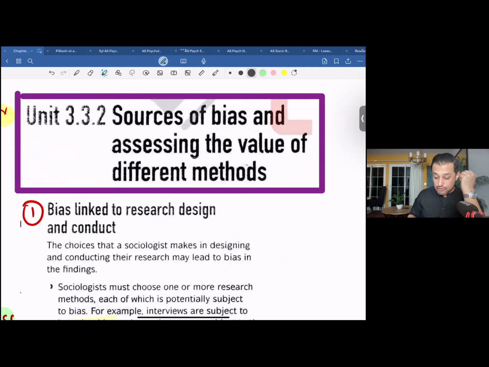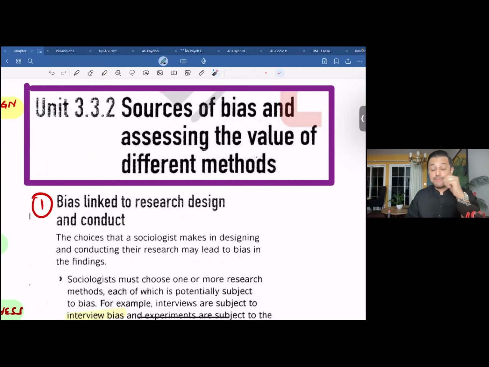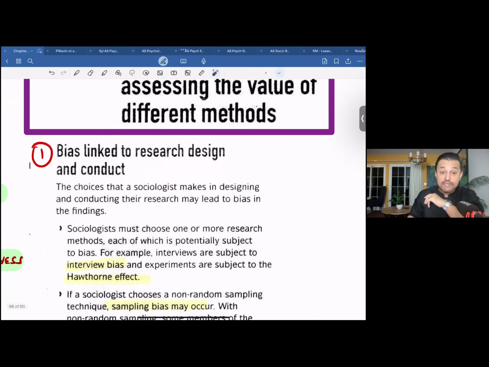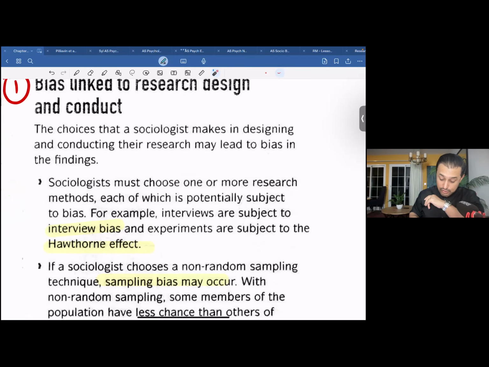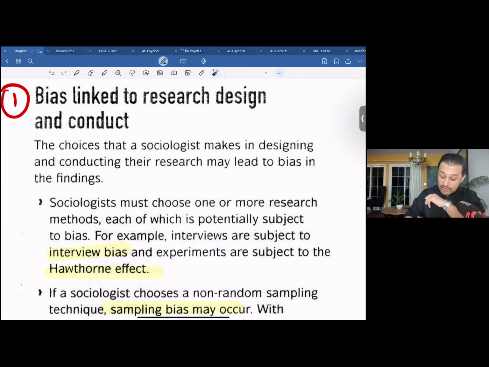Now, as we speak about the sources of bias that affect a particular sociological research method, number one, we'd speak about bias that is linked to particular research design and the way we conduct a research, right? The choices that a sociologist makes in designing and conducting their research may lead to bias in their findings, right? Understand this now. The choices that a sociologist makes in designing and conducting their research may lead to bias in